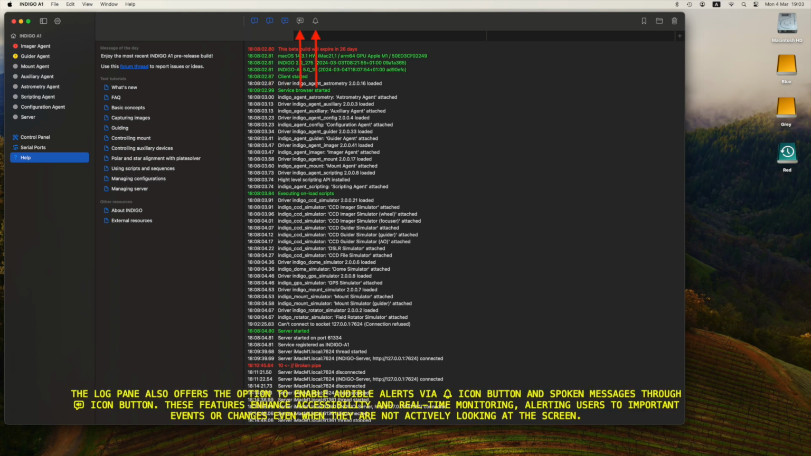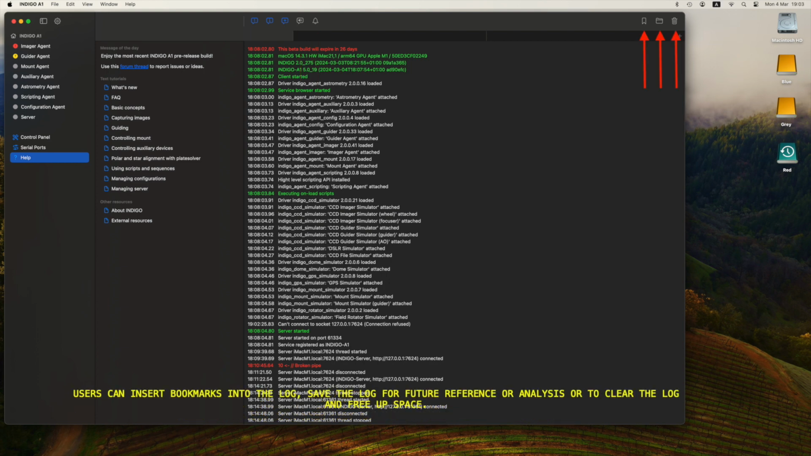The log pane also offers the option to enable audible alerts via the bell icon button and spoken messages through the voice icon button. These features enhance accessibility and real-time monitoring, alerting users to important events or changes even when they are not actively looking at the screen. Users can insert bookmarks into the log, save the log for future reference or analysis, or clear the log